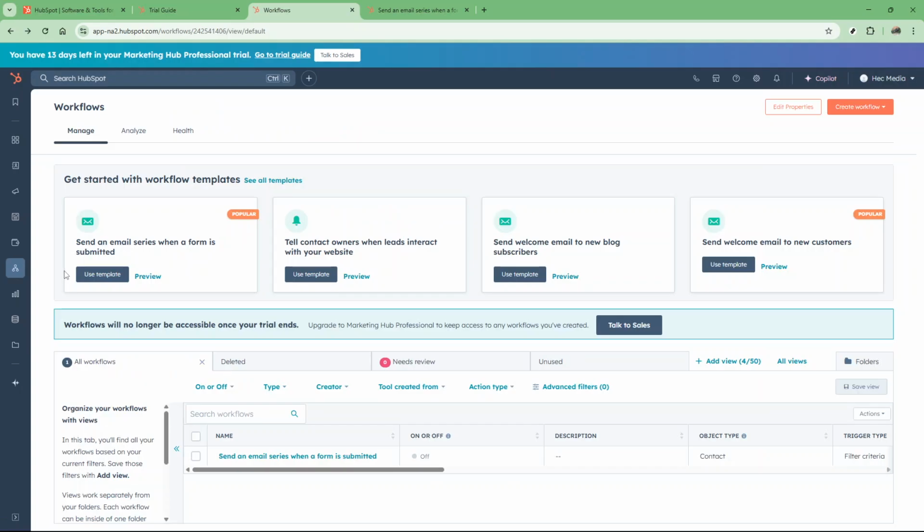Once you're in the Workflow section, look for a button that says Create Workflow and give it a click. You'll be presented with a couple of options. Depending on your needs, you can either start from scratch or use a template. If you're confident and know exactly what you want, starting from scratch gives you complete control to tailor every detail